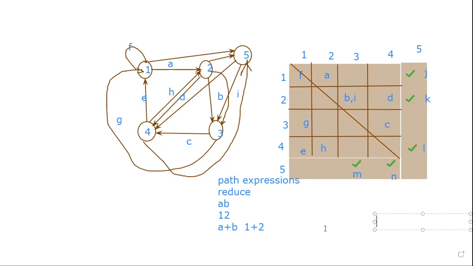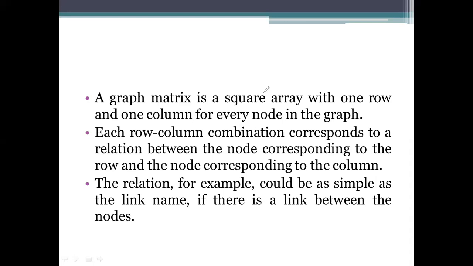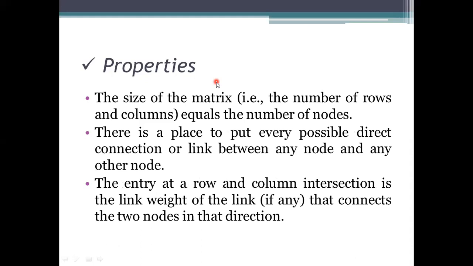And coming to the properties, the principles we use for representation here, we must know the size of the matrix. The size of the matrix will be the number of nodes. How many nodes are you using? The count will be given as n by n. If n nodes are used, the number of rows and columns is n by n. If any new node is to be added, we need to update the matrix as well.